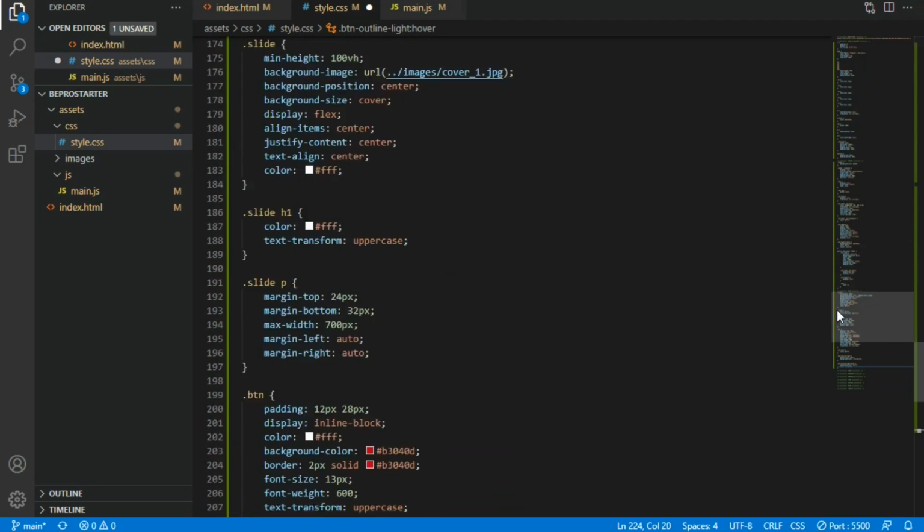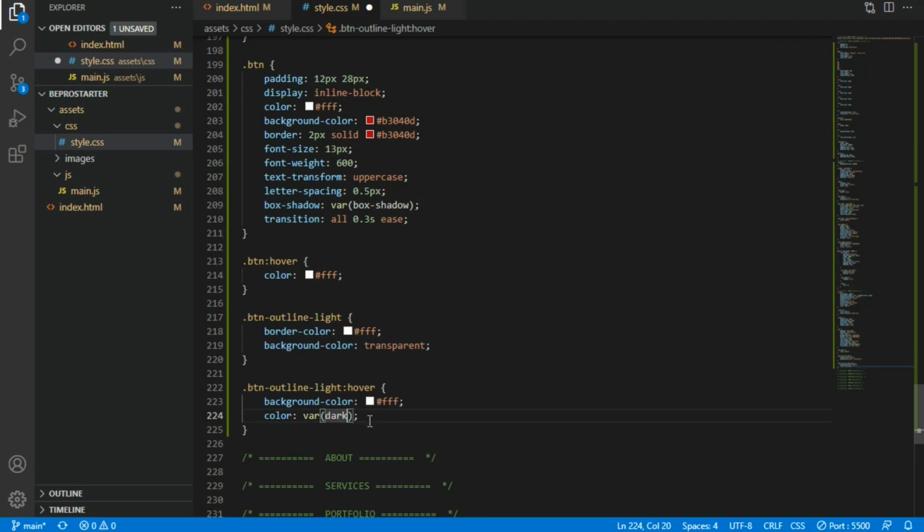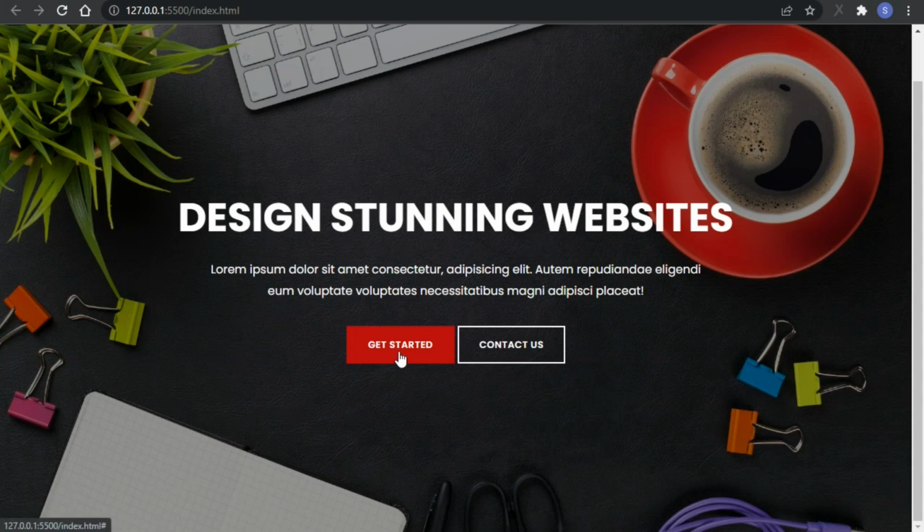Okay, so I don't have the variable so I'm going to give a dark color like this color. Okay, and on hover